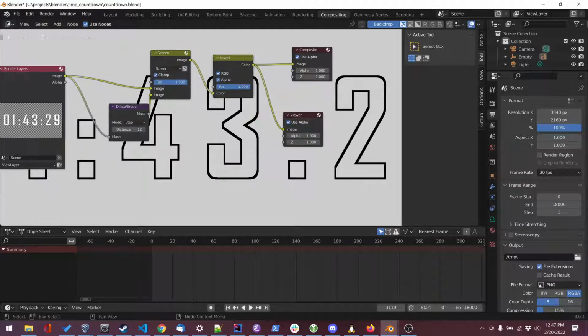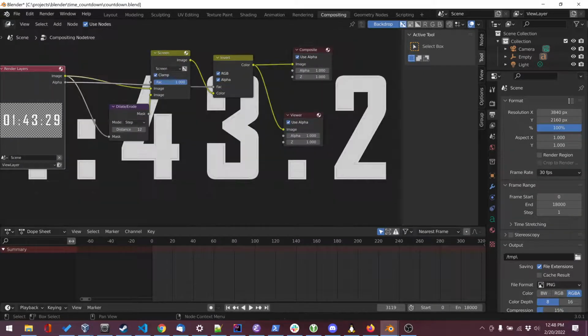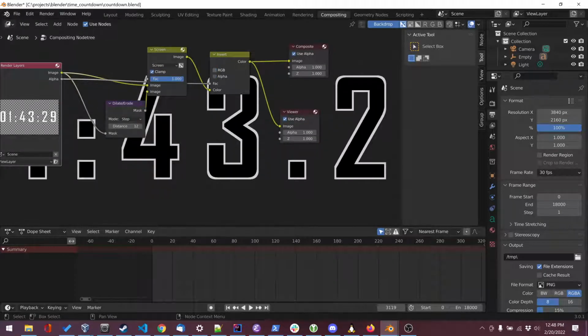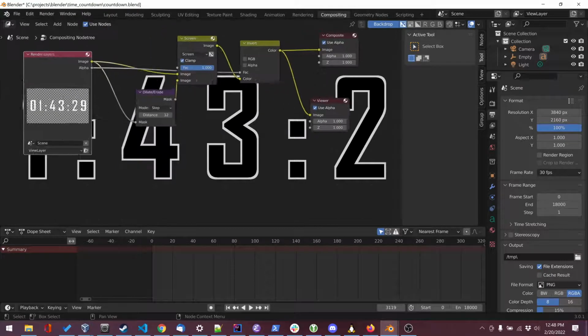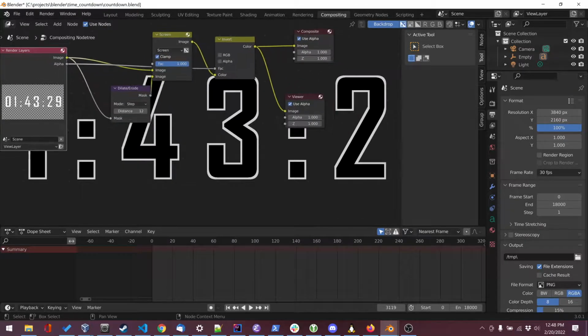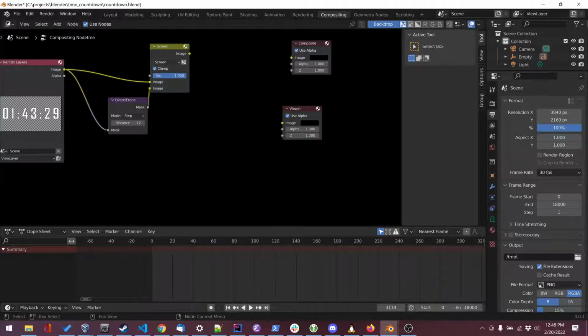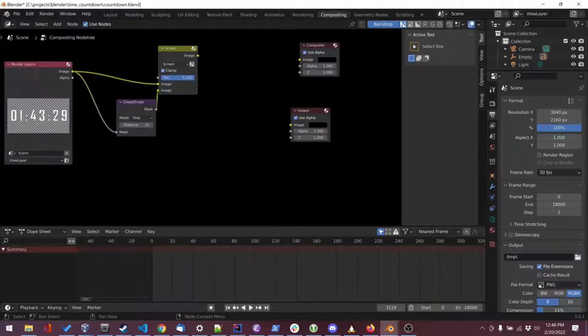Let's see if I can grab that alpha and move it over here. Aha! So it does do an invert. Okay, there we go. Black on white. So, wait, we just had that. So invert doesn't exactly do what I want it to do, so I'm going to take a step back and then say I want it to